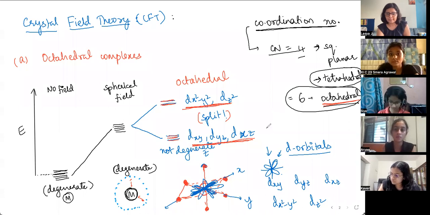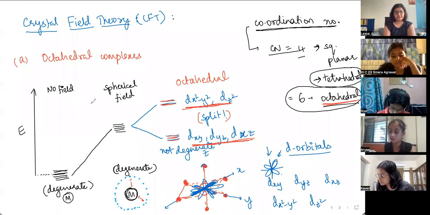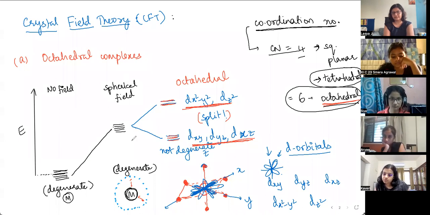Ma'am, what is the no field that you've written? Oh, so 3 cases, right? No field: lowest energy, all equal, default state. And spherical field is what, when it's surrounded quickly, this is the case. Octahedral,